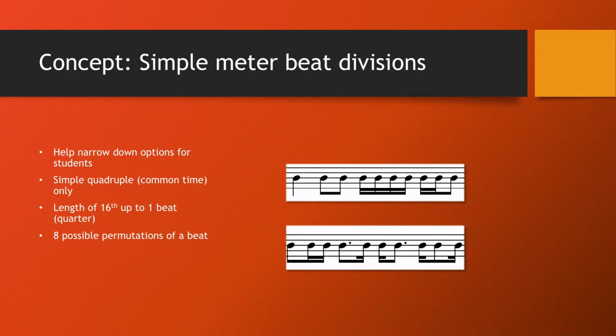Ear training students are often intimidated by the sheer amount of rhythmic possibilities that you can have in music. And when you're doing rhythmic dictation, sometimes they feel like there's nothing they can really latch on to. So one way to combat that is to narrow down the options for the students. And a simple way to start that out is just to have one set meter, and in this case, simple